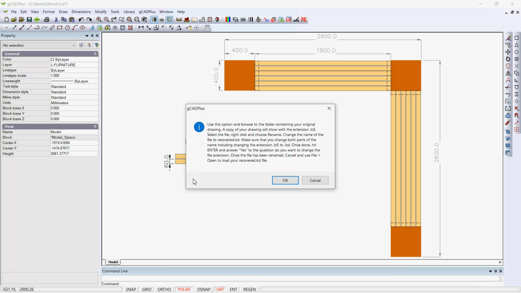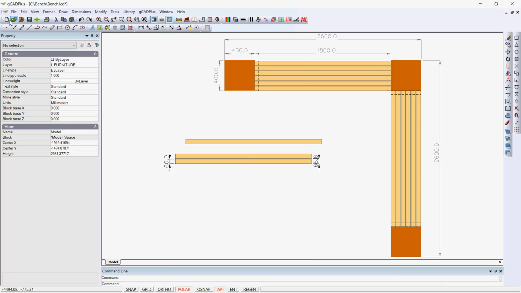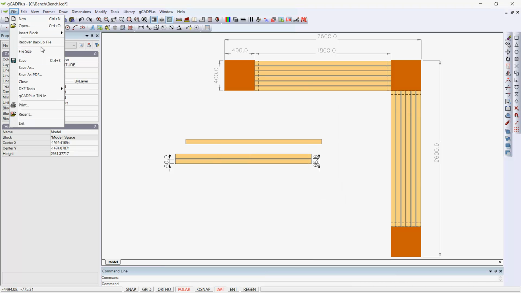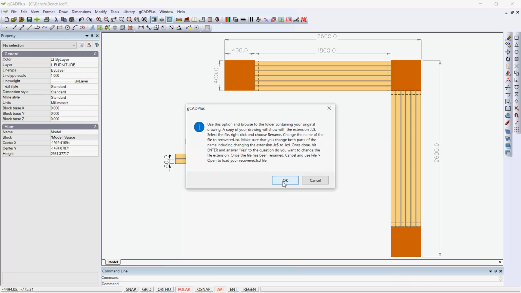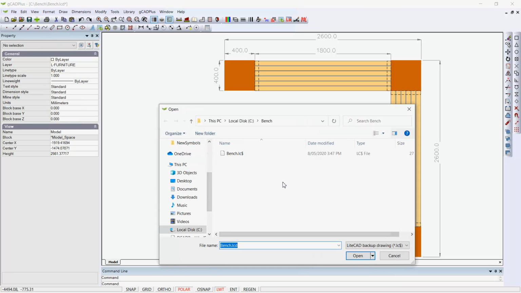We're then told to select a file, right-click, choose Rename, change the name of the file to something like recovered.lcd, and if you need to, you can make sure that you change both parts of the name. So let's do it. When done, hit Enter, and then you can open the new drawing. So let's try doing it. So we'll cancel from there, we'll go File and Recover the backup file, we'll say OK, and there we are,